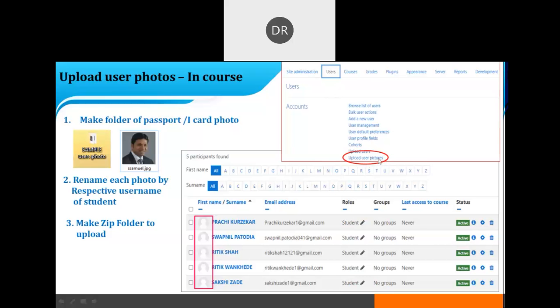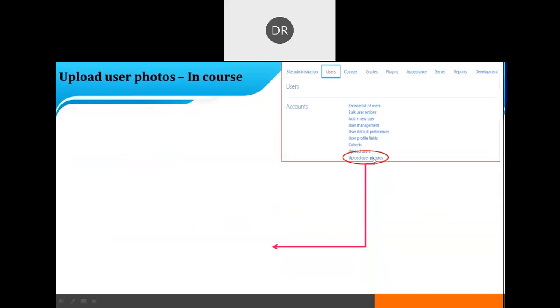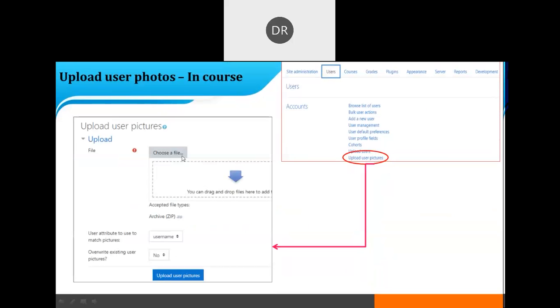If you select this, a new pop-up window will appear asking you to upload that zip folder here. Here you will find the accepted file type is only zip. A normal folder will not be accepted by Moodle. So you have to zip that folder and upload it here.